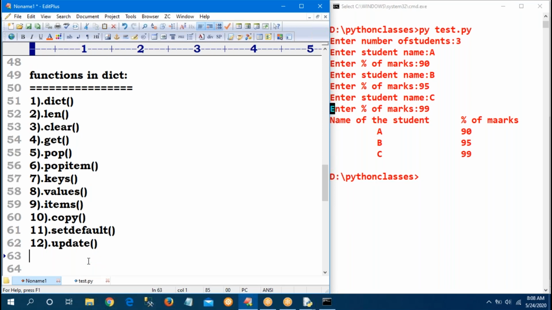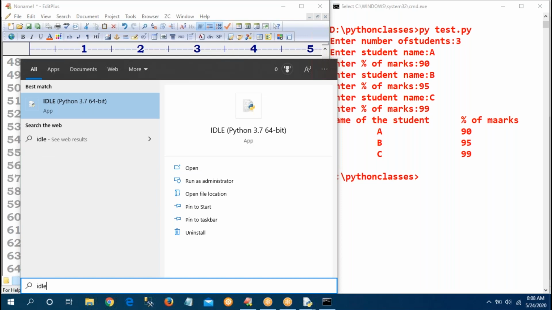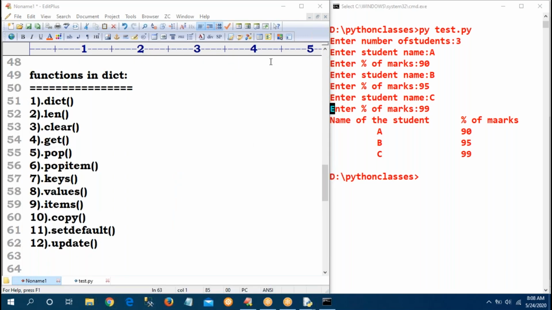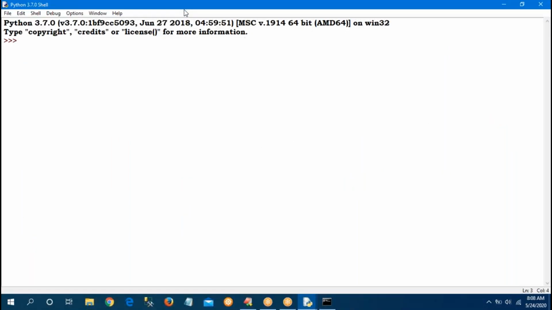Sir, first one is dict. What is the dict function? Already we know. To create the dictionary, I want to go to the dict function. In the dict function, multiple ways are there. First one, observe. D equal to dict is the function.